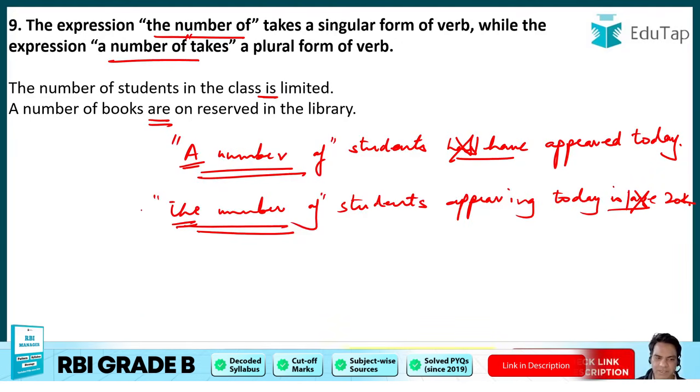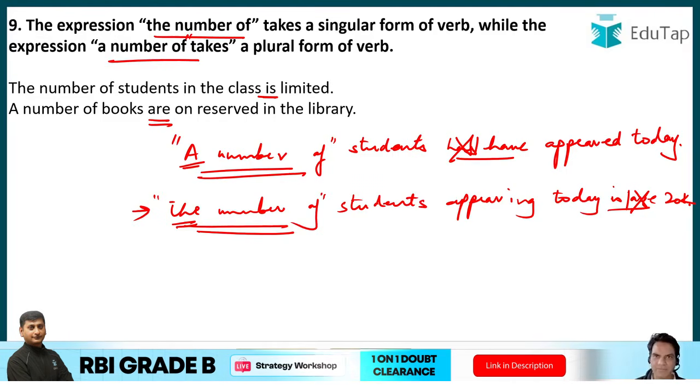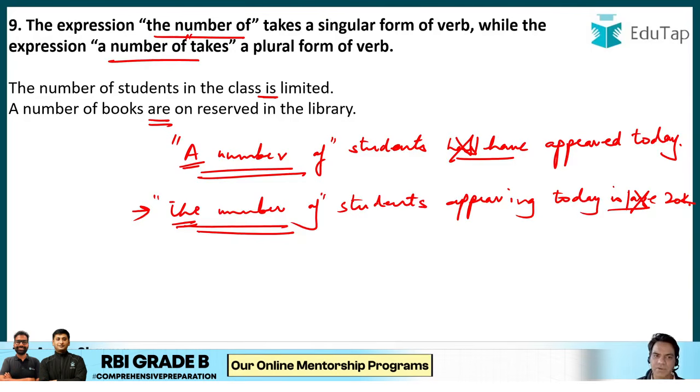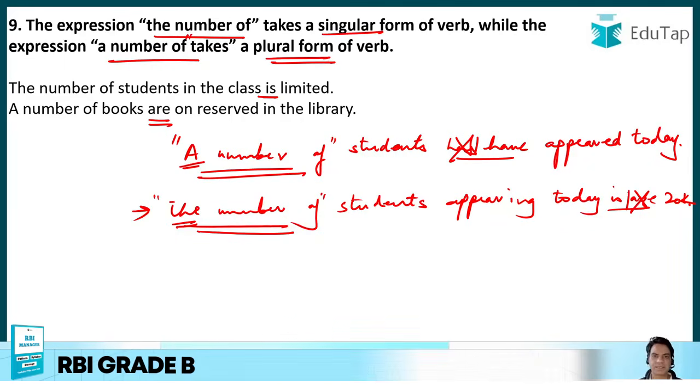But this, the number of, sometimes we skip this in our head and we make mistakes. So the number of will always take a singular verb, whereas a number of will always take a plural verb. So the number of takes a singular verb and a number of takes a plural verb. In any scenario, a number of COVID cases were registered